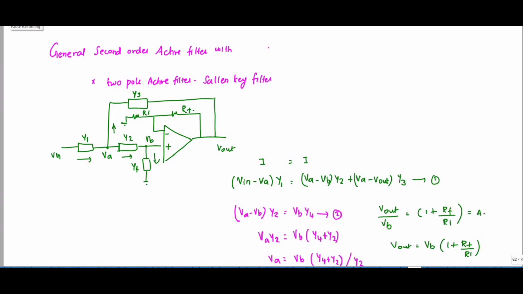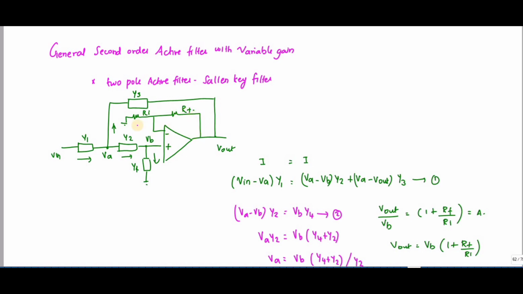So in this video, we are going to discuss a general second order active filter with variable gain. This we have already discussed using a low pass filter, right? Second order means it is a two-pole active filter, which is proposed by the Sallen-Key filter. So here, instead of